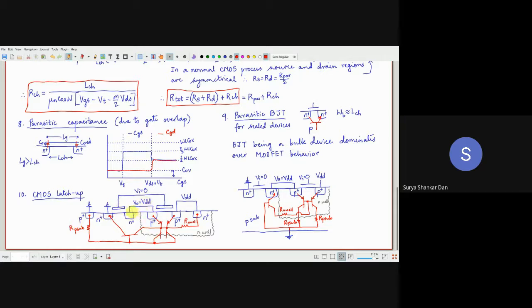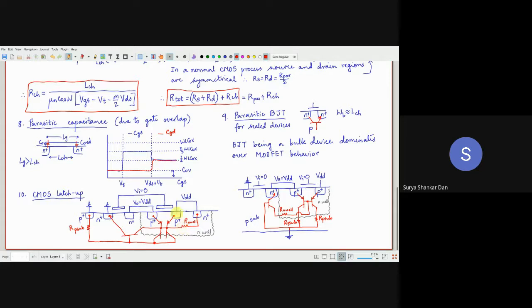Okay. Now look at the situation here. Follow the blue line. In fact, if I knew that you did not learn latch up, I would have probably elaborated this a little bit more. Just follow the blue line over here. So this is basically the vertical cross section of a simple inverter. I think that is done. Okay. So this is a vertical cross section of a simple inverter. This is the N-well. Vertical cross section. This is not the layout.